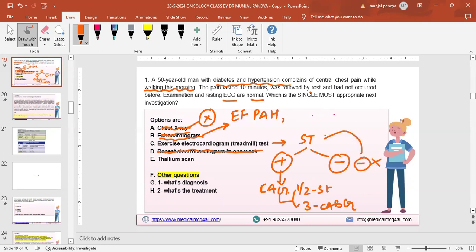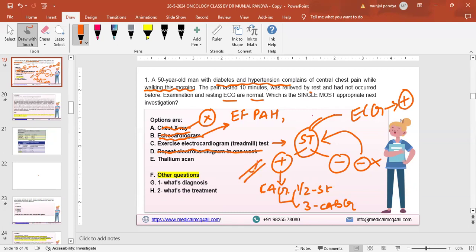Because when you give stress to the heart, the coronary will always be compromised. And when you jump, when you run, when you go to the rock, to the pilgrimage, and you can climb thousands of steps with no chest pain, indirectly your stress test is normal, right? So a stress test is when you do the exercise and at the same time the ECG is monitored on the machine, and if you find ECG changes, it is called stress test positive, right? And stress test positive means the coronary is blocked.